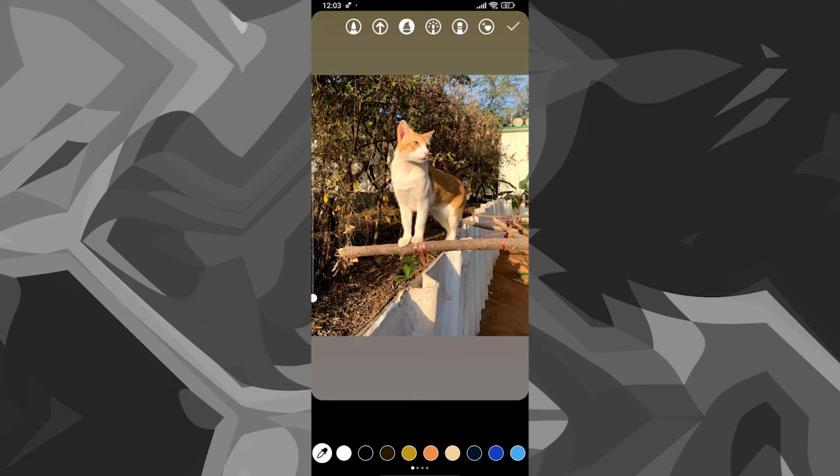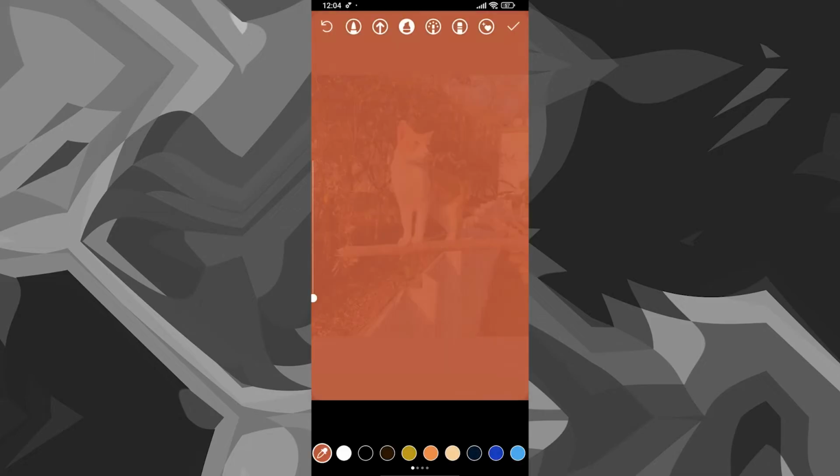It's the highlight tool. Once you have selected that, select a color or pick a color from your image. Now to do this, you can select any one of these colors which are available down below, or you can just simply click on the eyedropper tool and place it wherever you feel like the color is appropriate. Once you have selected the color, you can go ahead and long press on the image, and after that